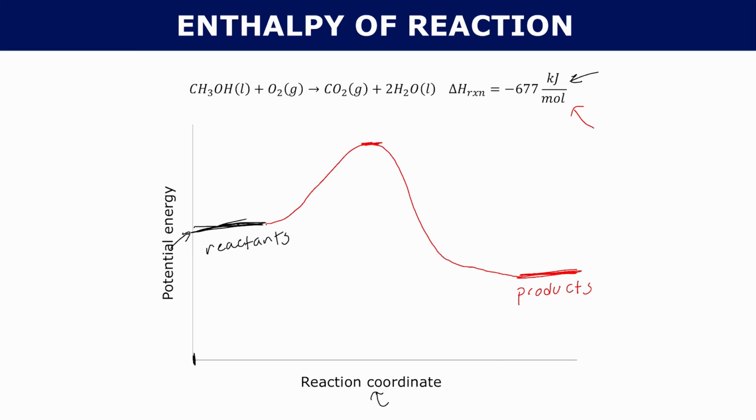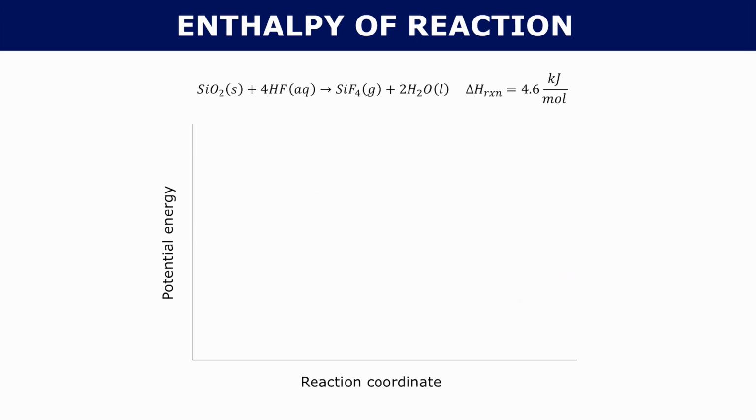Over here is our transition state, and we'll learn later specifically what this is, but the difference between this top energy level and our reactants is what we call the activation energy. It's represented by EA, and the other value, the reactants to the products, is our delta H. And this is how it looks for an exothermic reaction. So our reactants are above our products, but it would look a bit differently for an endothermic reaction, for something like this. In an endothermic reaction, let's say your reactants start over here,